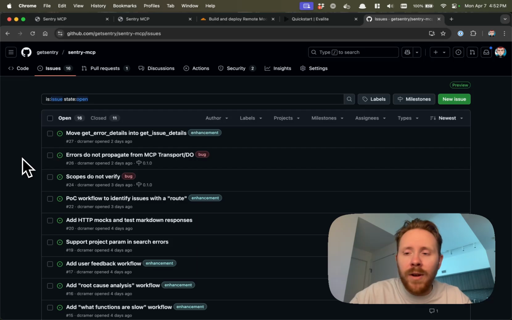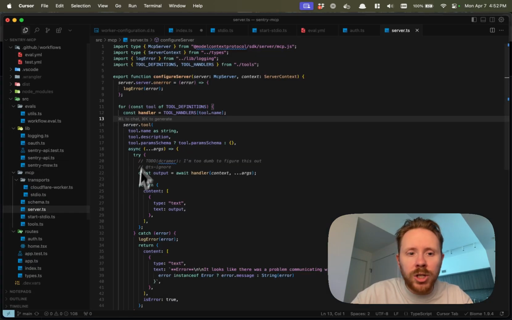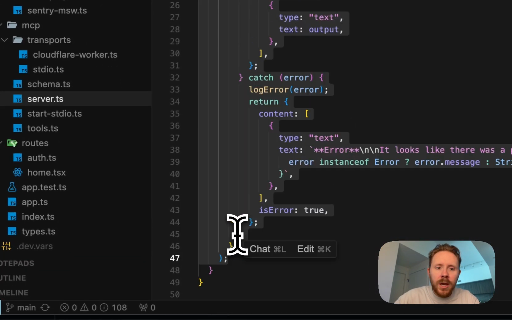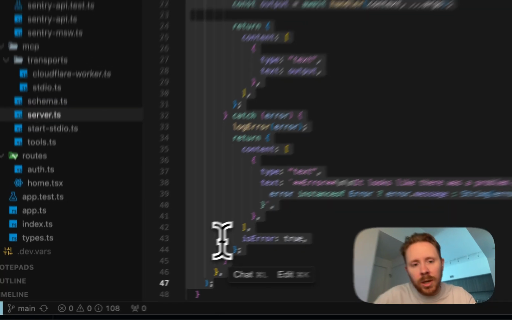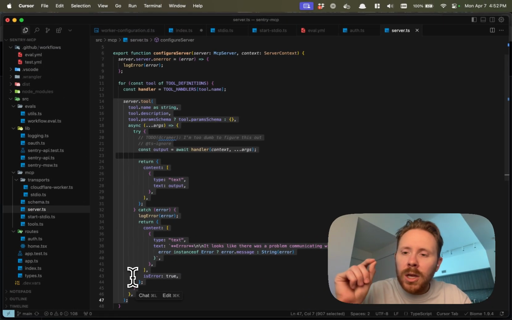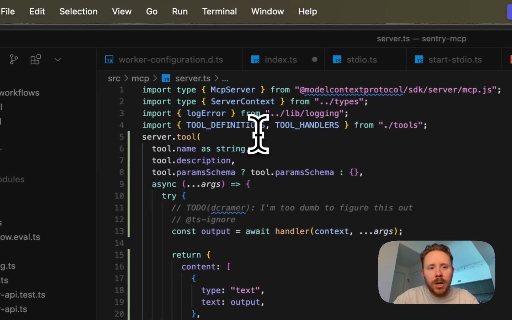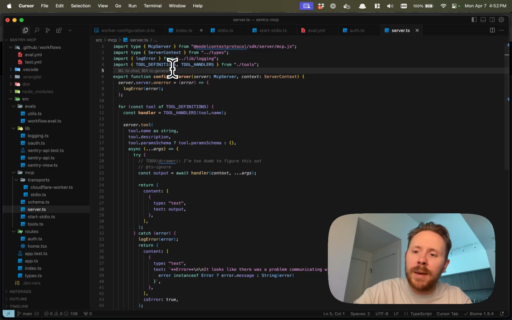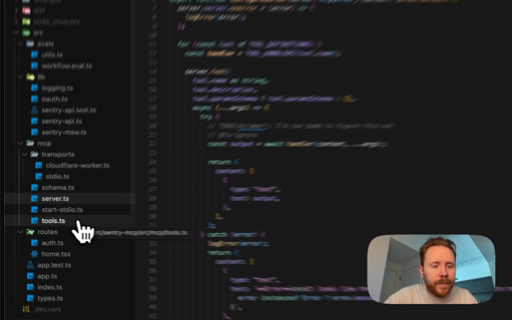But I think there is still a lot of opportunity to simplify the APIs. What I want to see is this whole abstraction die and become formal. I don't want to have to do this override here. What I would tell you is the performance engineer in me: this is lazy eval, which can be good sometimes, but this is lazy eval where I'm going to do it no matter what, which means I would prefer to do it up here. I'd prefer to have the server be always configured and then the handlers to be able to accept context. And what I mean by that is